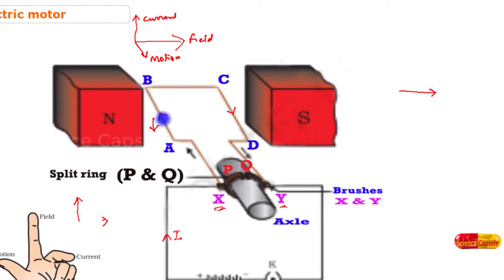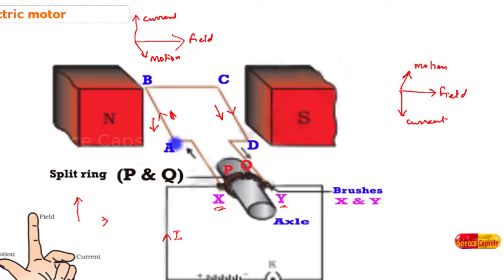Through AB the direction is this direction, right? Whereas when the current flows through CD, the direction of electric current is this direction. So here we write the magnetic field, and this is the direction of electric current. Now once again you align your three fingers according to Fleming's left hand rule. Then you will see your thumb is pointing upward, right?